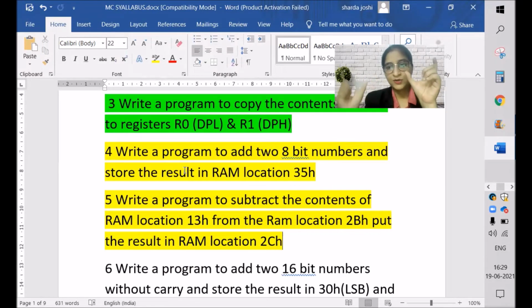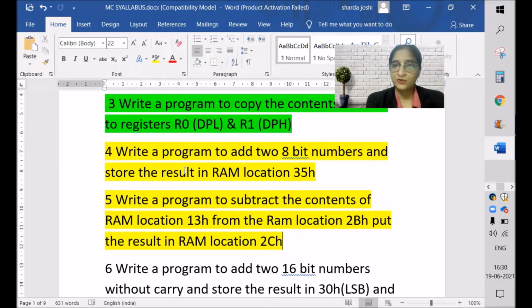Then we'll take the other one and add these two, and they have specified the location where we are supposed to store the result. If they do not mention any storing location, then you can store anywhere. But here they have specified that in 35H we have to store our result.